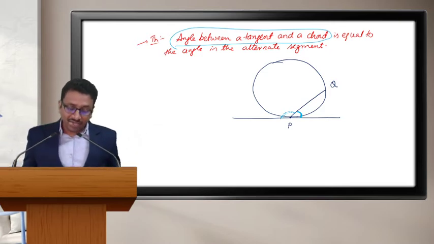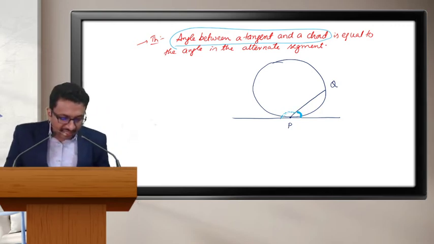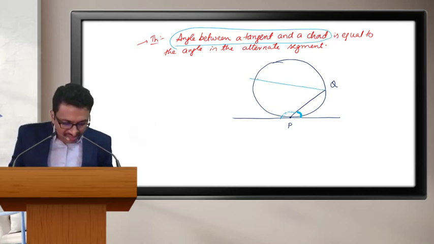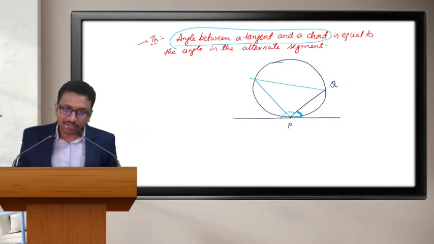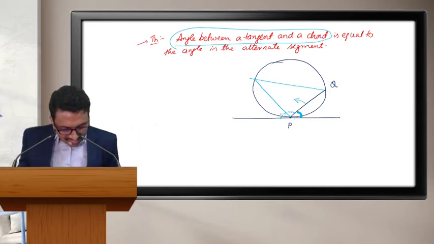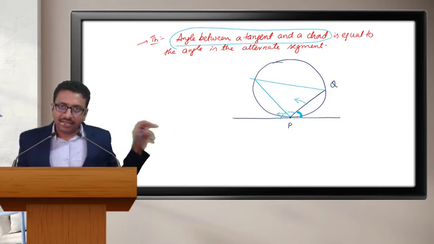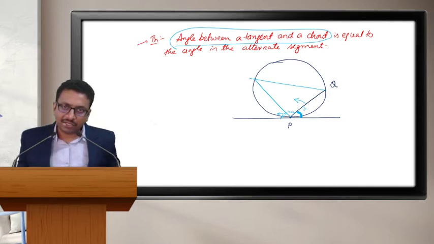The meaning is, if you take this angle, the smaller angle, the angle between the tangent and the chord is equal to the angle in the alternate segment. That means you have to go to this side. Understood? Because if you want the angle on this side, you have to go to that side. Clear? Do you understand what alternate means? And if you want this angle, the dotted angle, then you have to go to which side? You have to go to this side. Yes or no? This is also a segment.